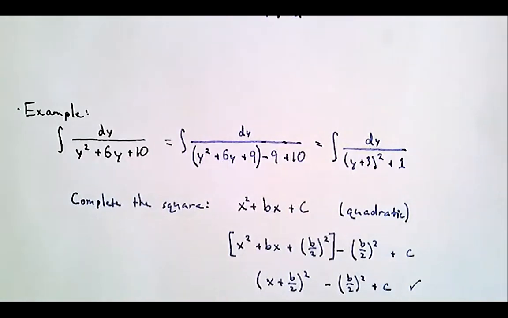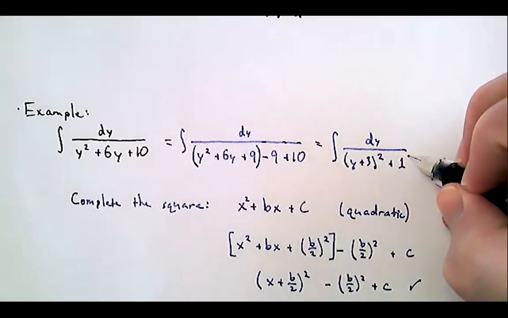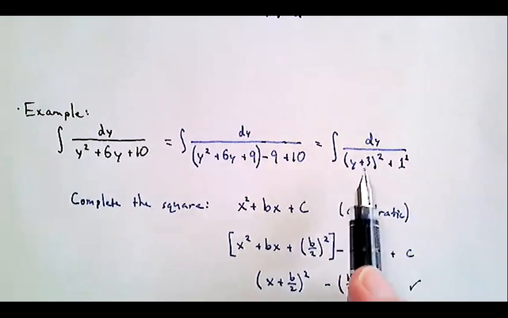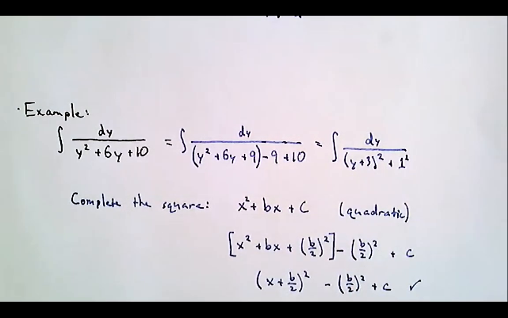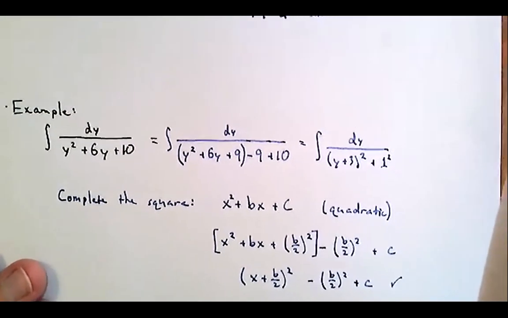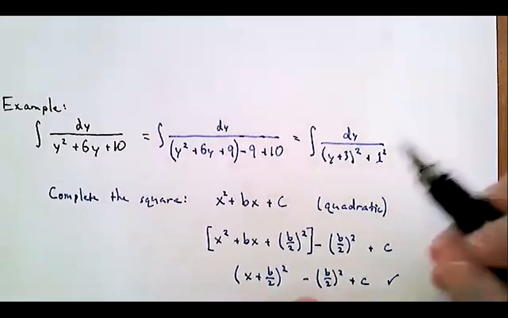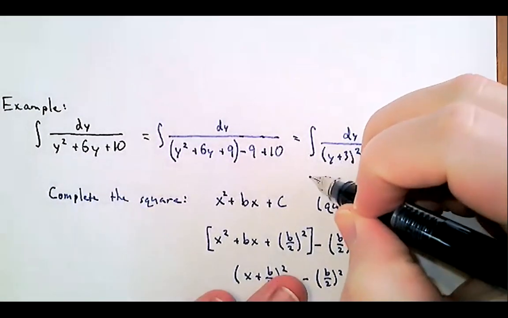So down here, we do have that constant, 1 is equal to 1 squared, and then a function squared. So this is actually going to be an arctangent. If we do a u substitution,